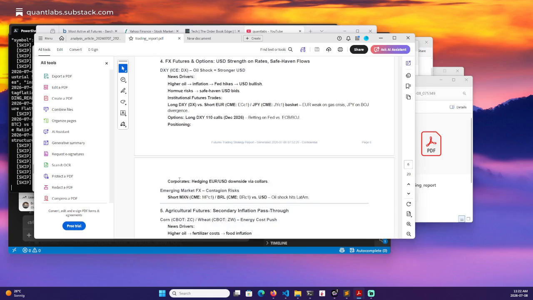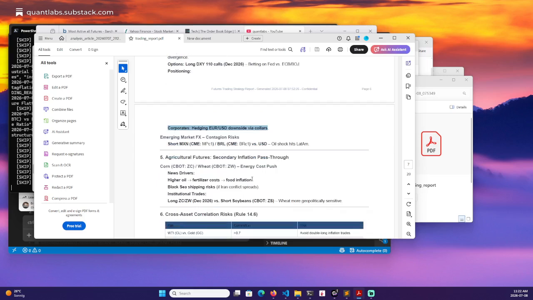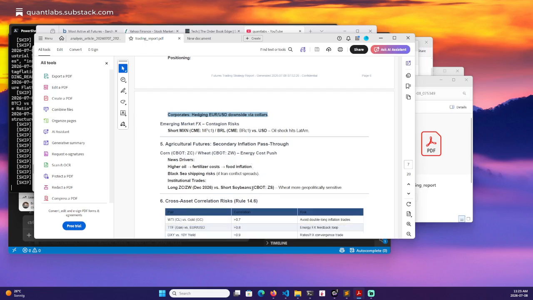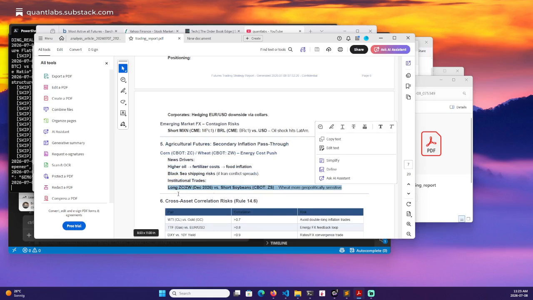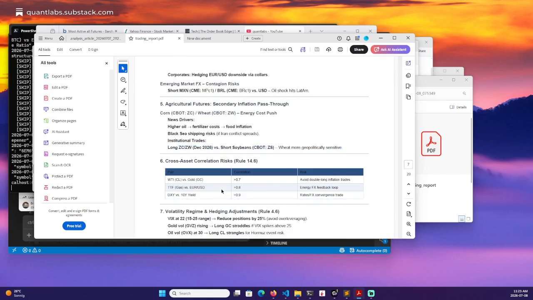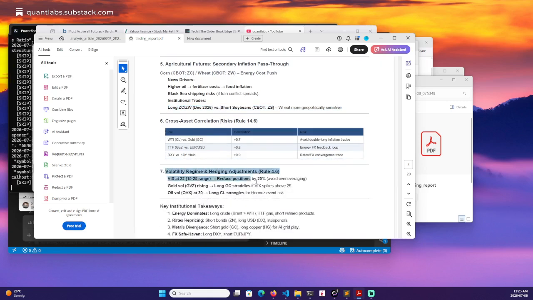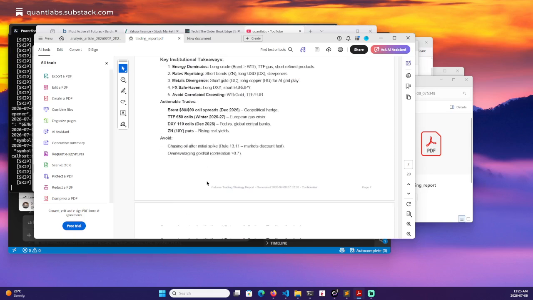Again, positioning corporates, now we're talking. So there's very big players involved here that drive the price and the expected target. Could be a month from now, could be a week from now, could be all the way out 6 months from now as well. And again, right here, this is the big one. I think agricultural. You can see here, institution traders are setting up conditions for an arbitrage trade between longing ZC, ZW against shorting soybeans. Okay. And again, there is the VIX as well. You can see here the cross asset correlation, blah, blah, blah. I could go on and on about this.